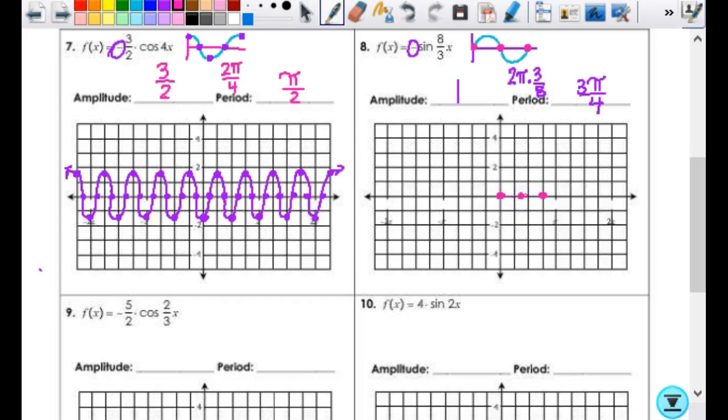Then I need to find this point. For my parent function, that is a maximum at 1. There's a reflection here because of this, and my amplitude is 1, so I'll actually be down at -1. I got to go halfway in between this. Now this is 3 pi fourths, so half of that's 3 pi eighths. So we're really looking for 3 pi sixteenths, but none of that matters, and we don't need to be doing